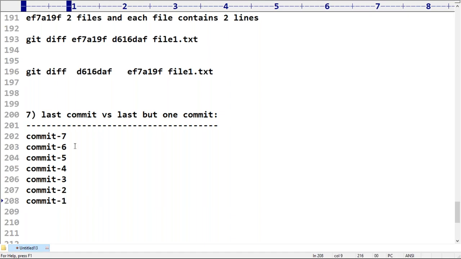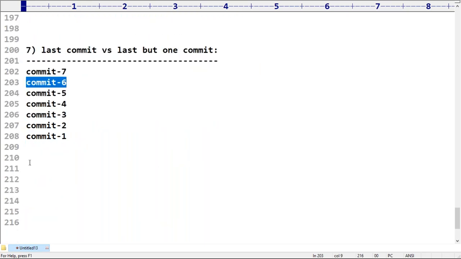Now, which is the last commit? Commit 7 is the last commit. Last but one commit means, please confirm, commit 6. Correct? Respond. Why are you thinking the last but one commit means commit 6? How can you compare these two commits? Very, very simple. Git